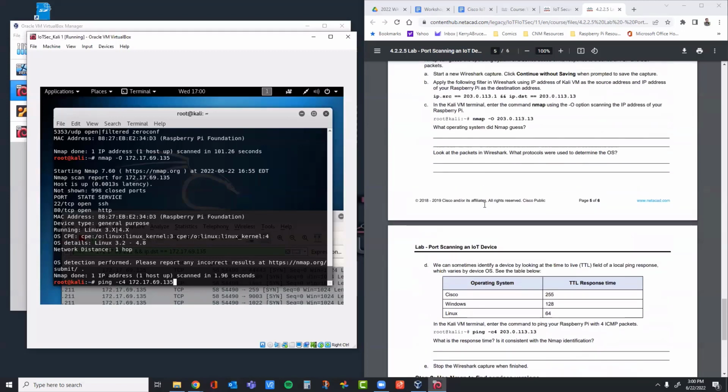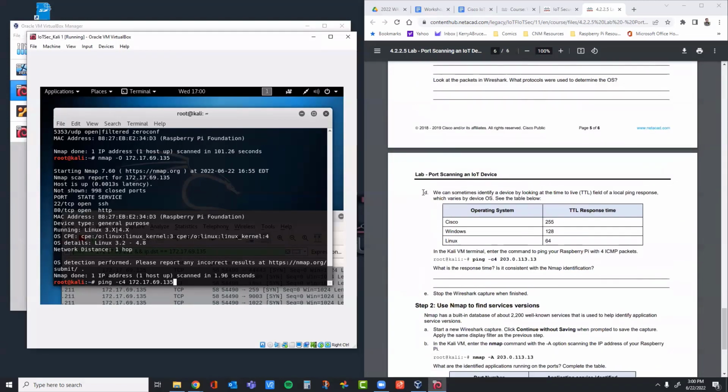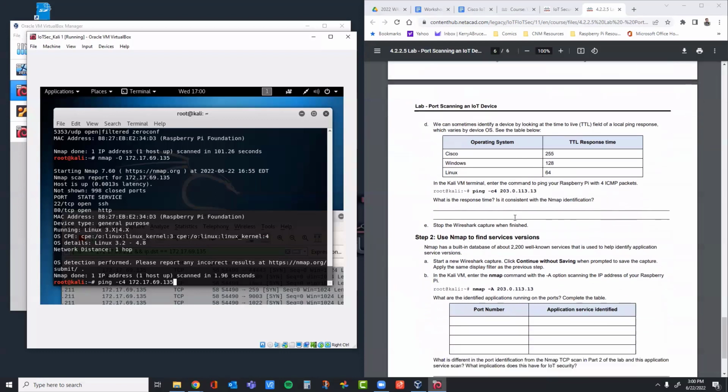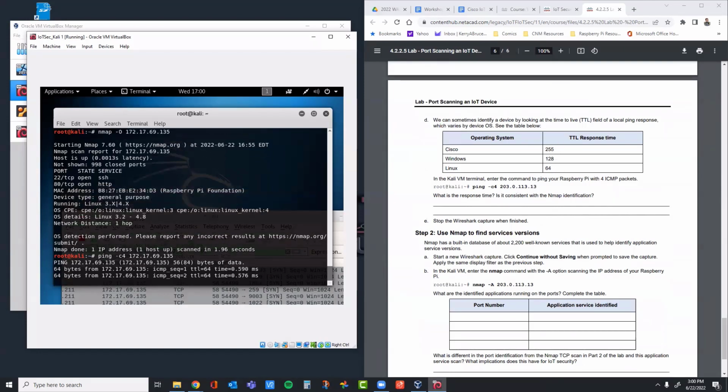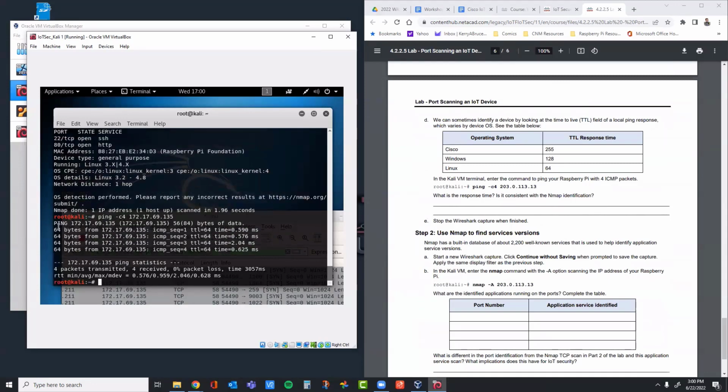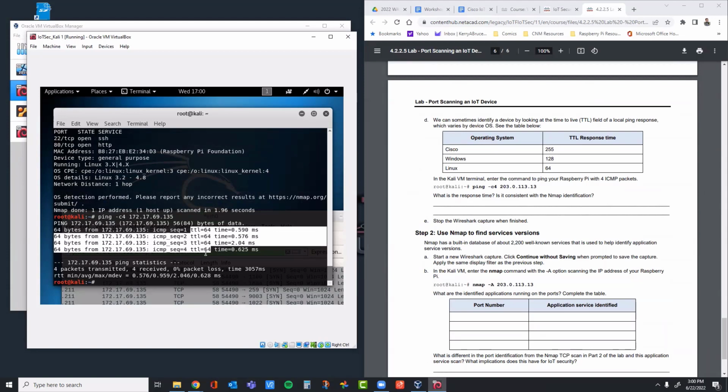Excellent. All right, so I'm on part 4, step 1, item D. They want us to ping and look at the time, the TTL responses, to see if we can see a similar time to live response here. So we're doing 4 pings, and they're saying if you look here, you can see the 64s, time to live. Sometimes that helps give us a clue. To test that theory,